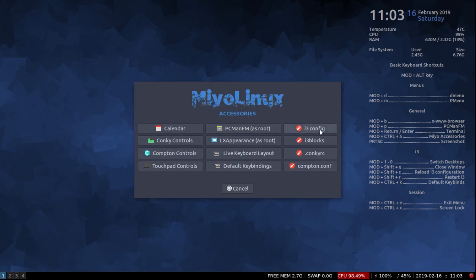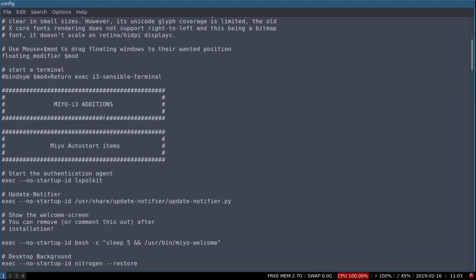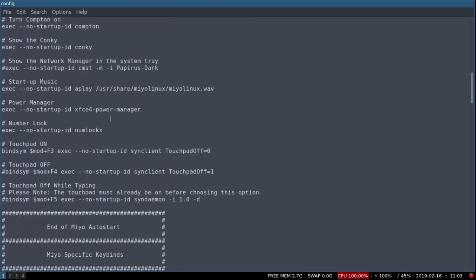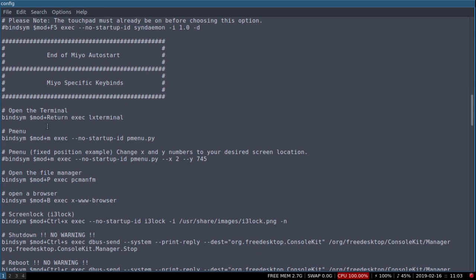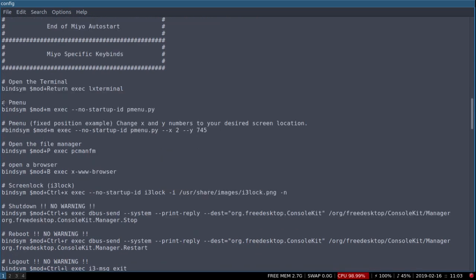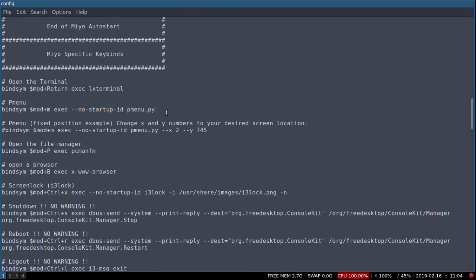Come over here to i3 config, and let's scroll down and find that. Alright, here we have under Miyo specific keybinds. This is what it's set for right now. That's the one where it's going to appear wherever your mouse is. I give an example here